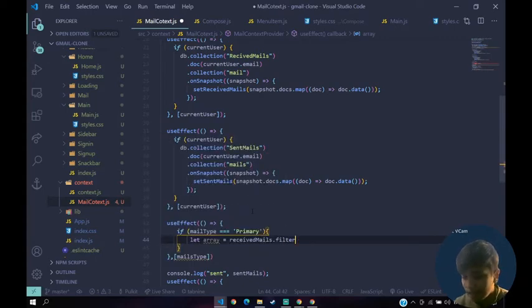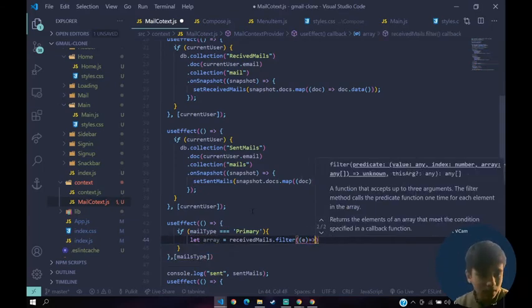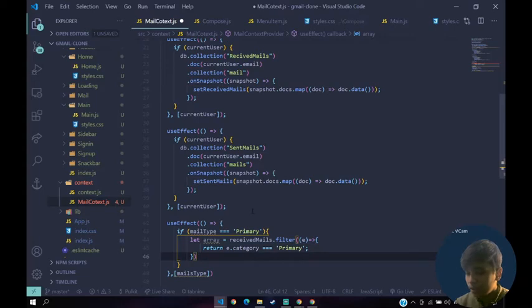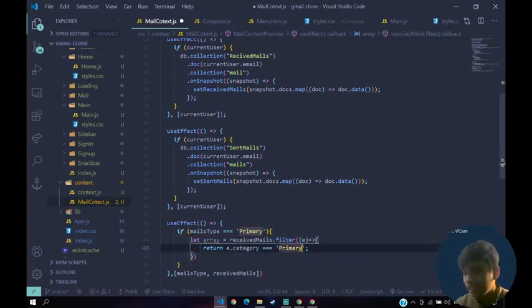Basically it will filter out the mails, it will return any values you want. Here we'll return only those whose e dot category equals primary. It should be mails type here, right? And we're also going to add received mails here. Received mails has to be a dependency also, because if received mails changes, then you have to re-run this code.